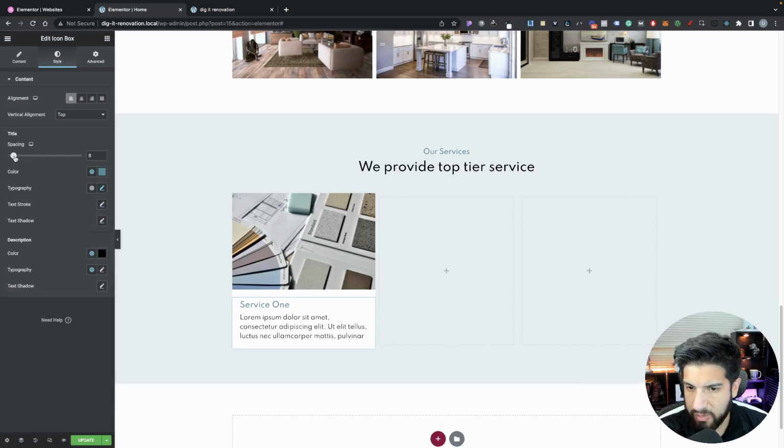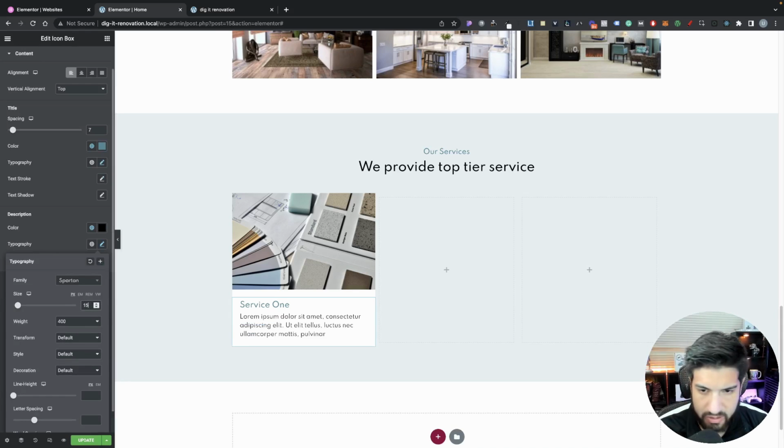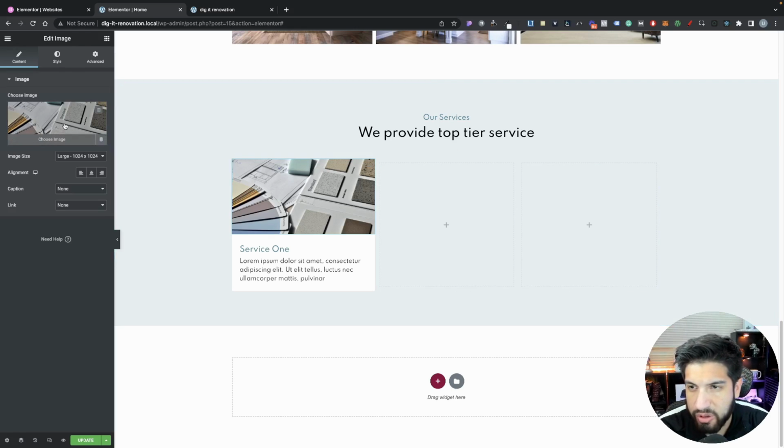And let's adjust some of the spacing on here. We don't need that much spacing. Let's do about maybe 7, that's fine. And the text should be good. 400, maybe 15. Yes, that's about 15 already. That's good. So actually, to fix the sizing, I just made some custom images with the right sizing that we